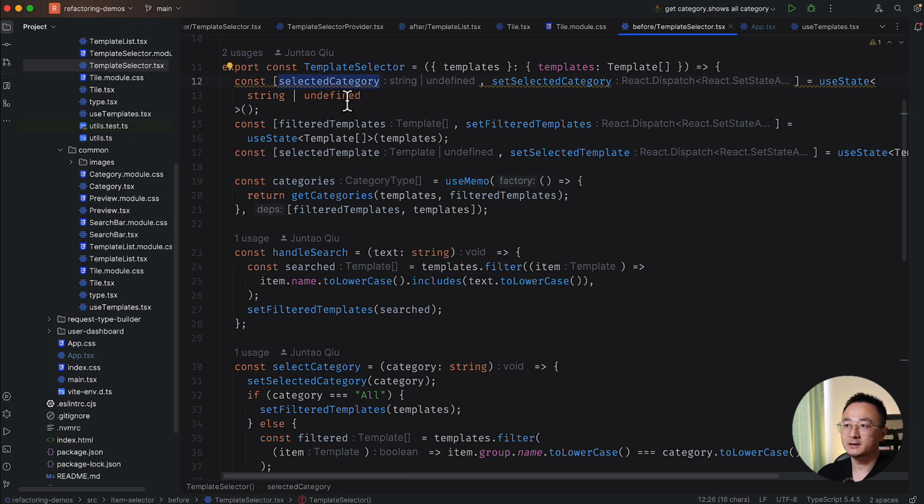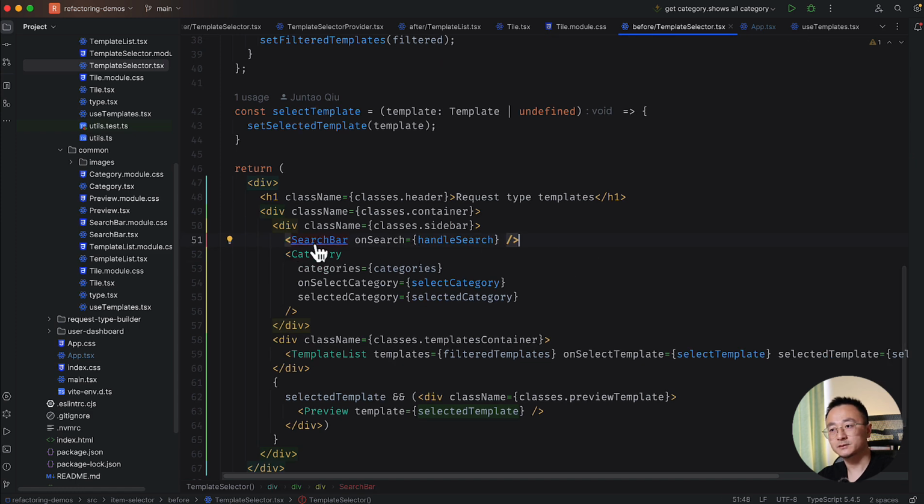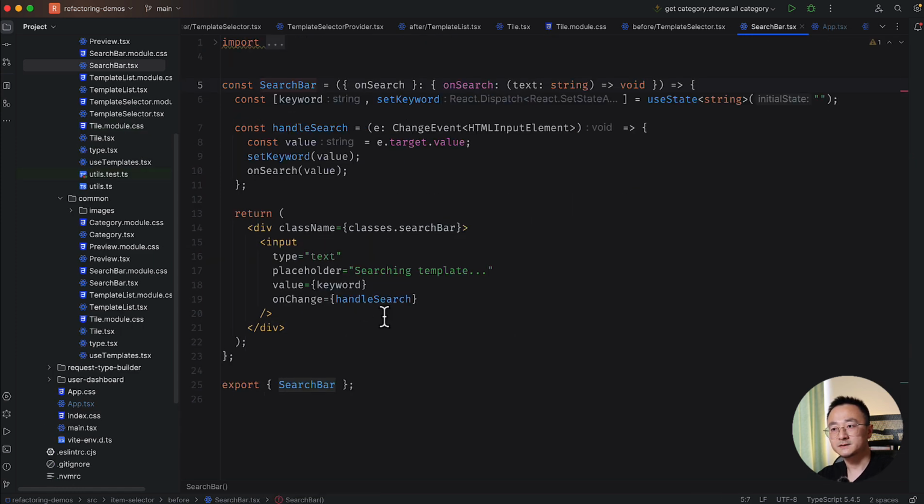So at any given time, we will show the filtered templates in the middle area, and the category will be reflecting the selection, and also there is a search. So each component itself is relatively simple as well. If you go to the search bar, it's just an input, and it can handle the search, and it will call back the onSearch